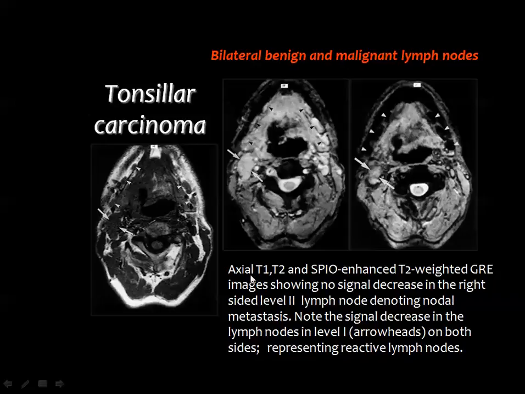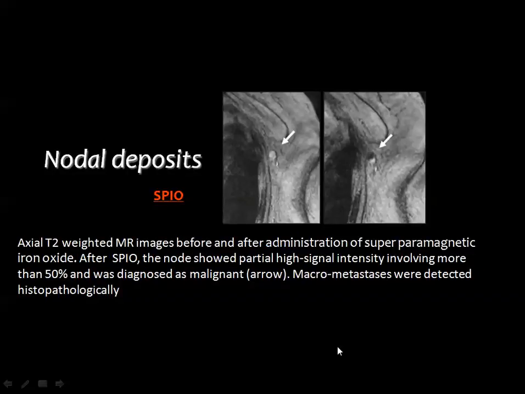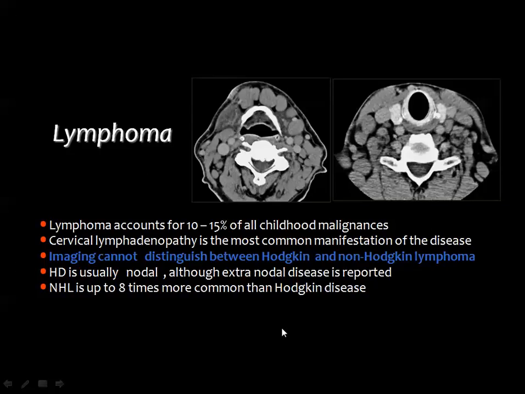And this is also an example of a lymph node in the axilla. And this is the T2 weighted image, and after injection of SPIO, the node will show persistent hyperintensity, denoting that it is malignant. And this is also an example. You see the node in the T2 weighted image of bright signal. After injection of SPIO, part of the node is black and part of the node shows hyperintensity, and this is a malignant node. And you remember that I used to say that lymphoma nodes are usually bulky,